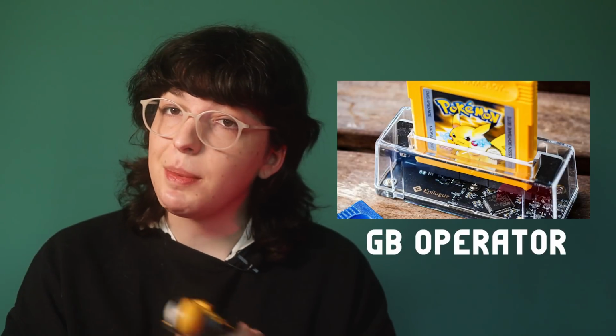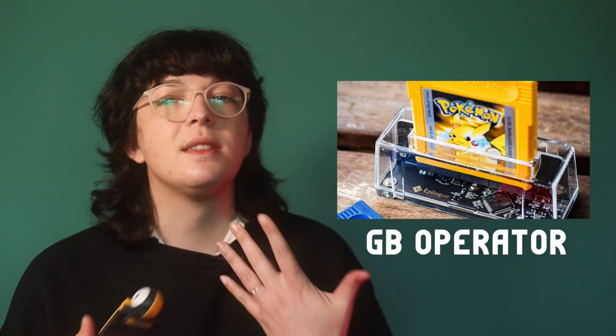There is also the GB Operator by Epilogue, which is, I would say, the most accessible option. There's also an adapter which basically tricks the Game Boy camera into thinking it's connected to the Game Boy printer and can transfer the photos via Wi-Fi onto your computer as well, which is pretty neat. All of this stuff has been developed by third parties and people who are just passionate about Game Boys and the Game Boy camera, which I just think is really cool that people have basically reverse engineered this to work